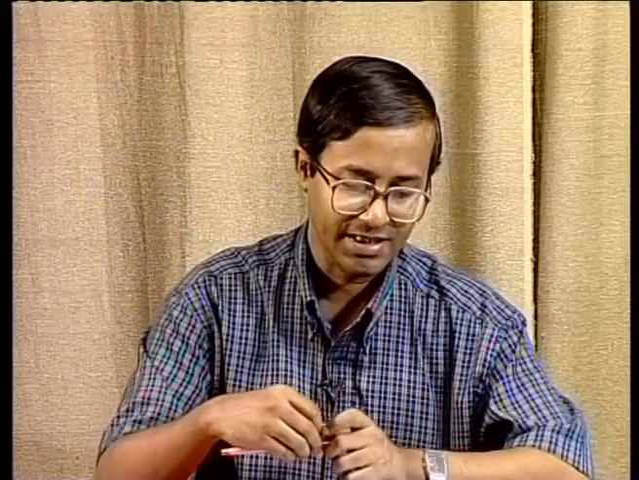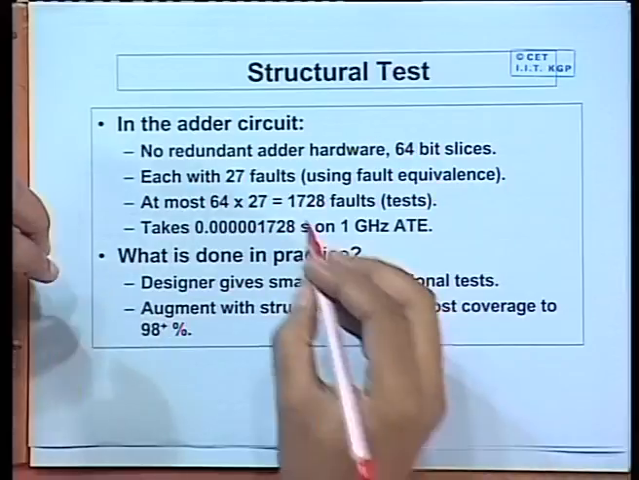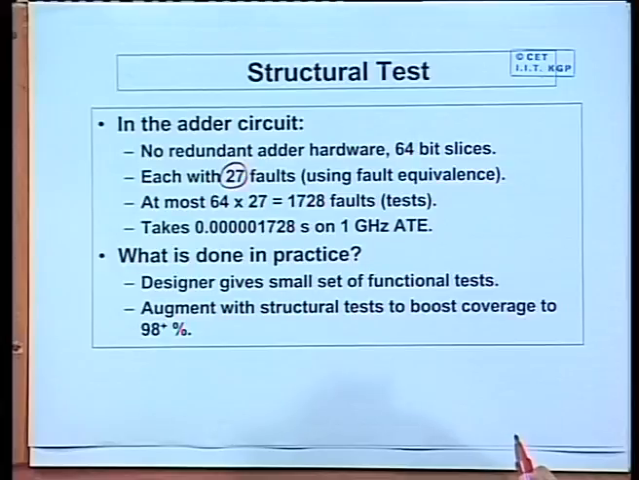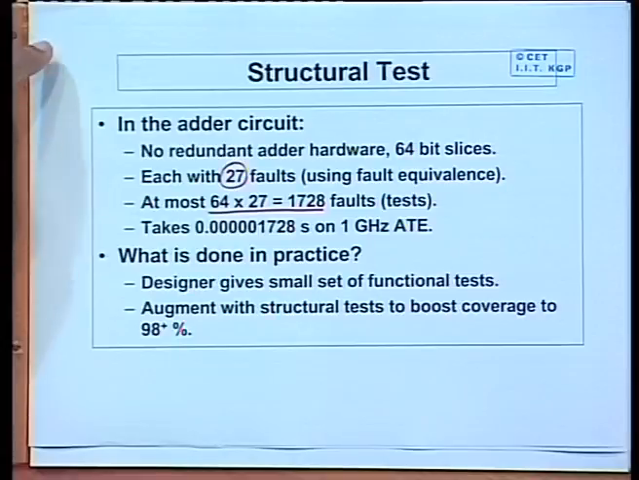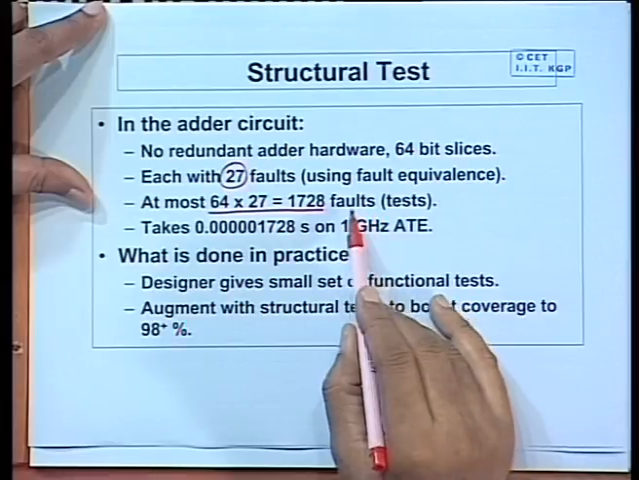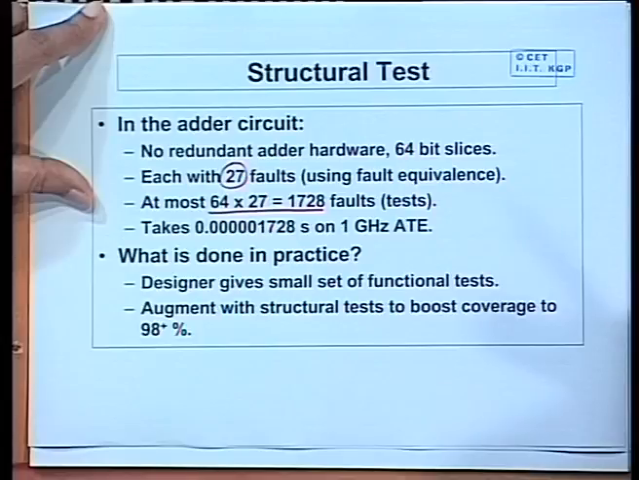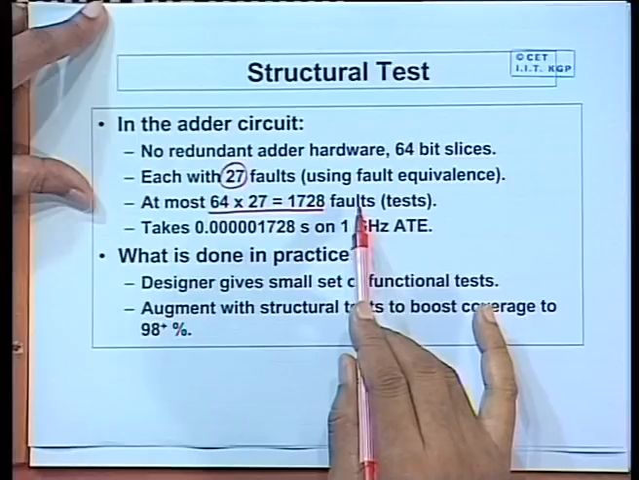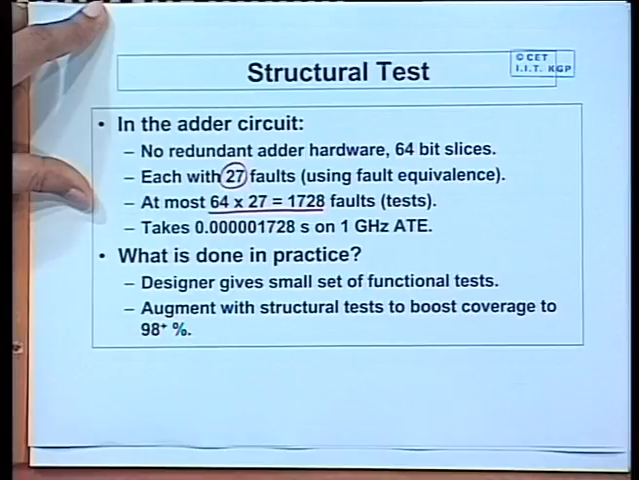if you go for structural test, now in the adder circuit, in the ripple carry adder, we had said that each full adder stage will have 27 faults. So, there are a total of so many faults. Just assuming that each fault will require one test, well, in general one test vector can detect more than one fault, so it will be less than this. Even assuming that one test will detect only one fault, you need only 1728 test vectors